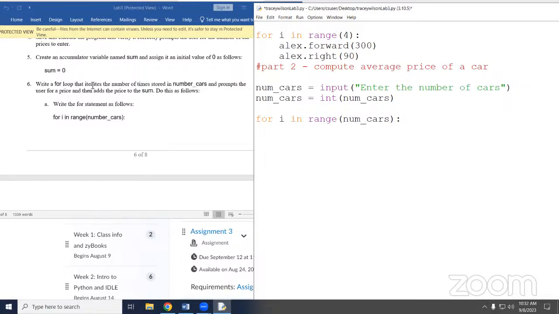Right? So we can do that in 1 or 2 ways. We can do it in 2 steps, get the price, and then do the calculation. Or we can get the price and add it to the sum we already have going.